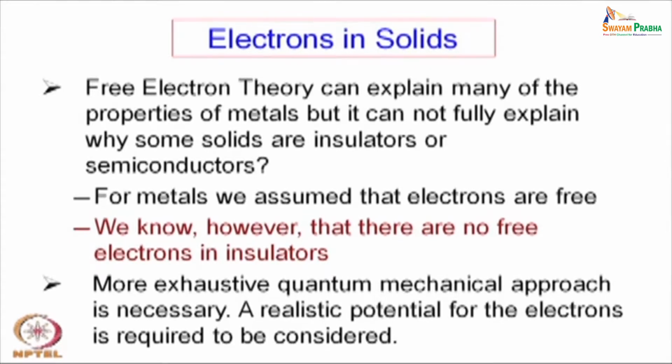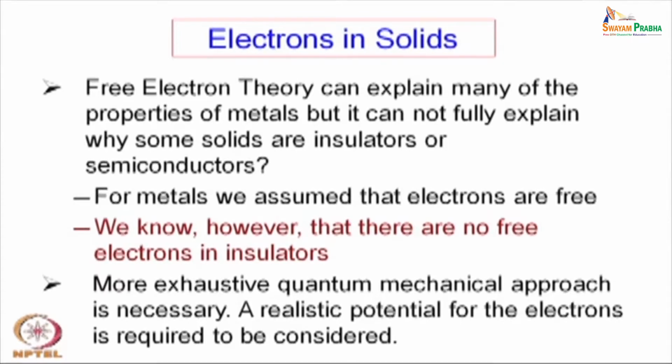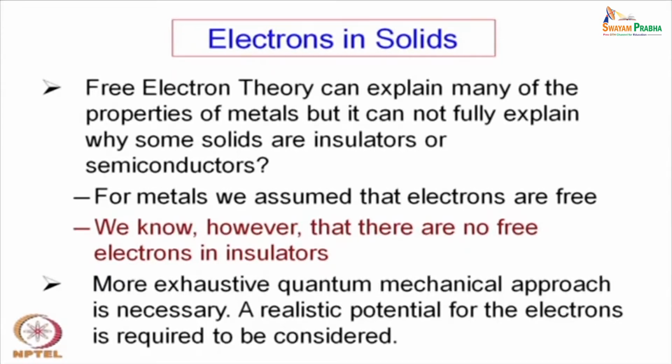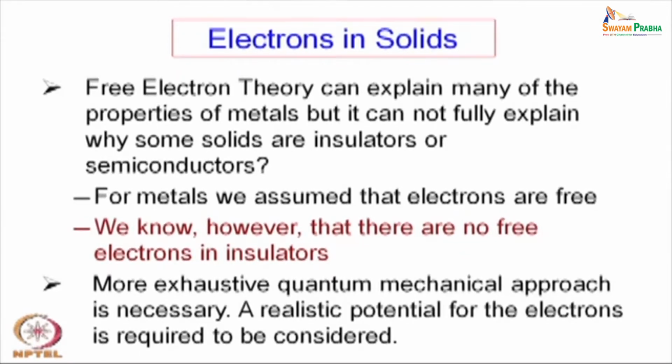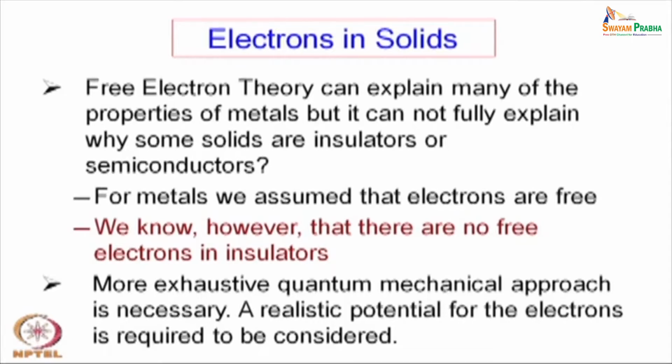The electrons which we assume are completely free may not be so. So, a more exhaustive quantum mechanical approach is necessary. A realistic potential for the electrons is required to be considered. If we remember, in the free electron theory we have considered that the potential is constant. So, the electron is moving in a constant potential, which is fairly low potential or negative potential